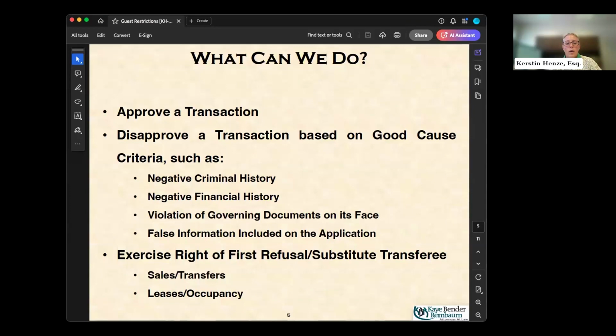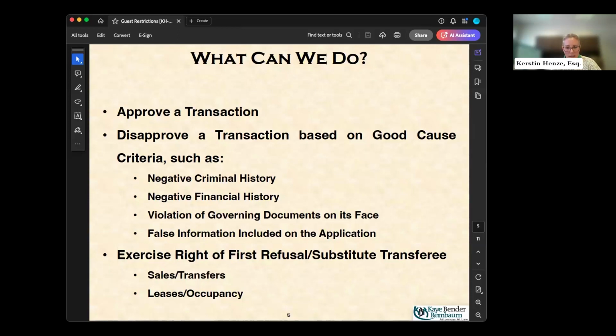Okay, well, what practically will happen when the board issues that disapproval letter is that the attorney for the owner, because it is the owner that has standing to legally challenge a disapproval, will then make a demand on the association to provide a substitute purchaser. Whether it's an individual, a third party entity, or it could also be the association. And that substitute purchaser essentially would have to purchase the unit under the same terms and conditions as the original offer